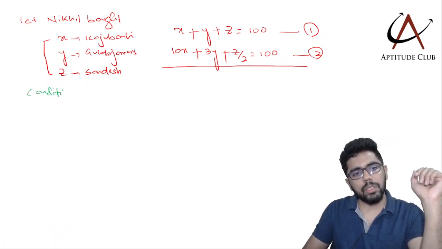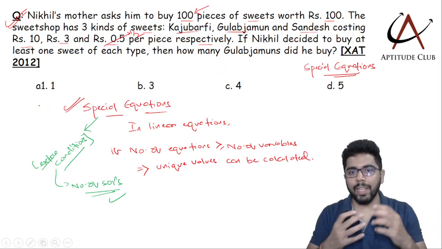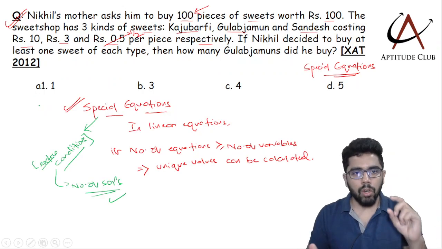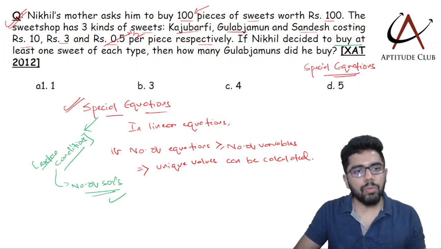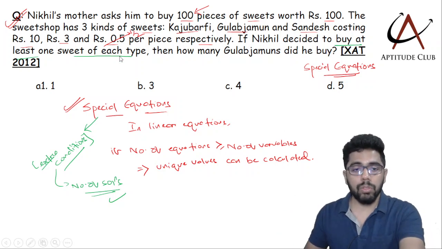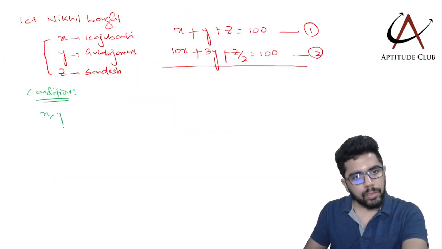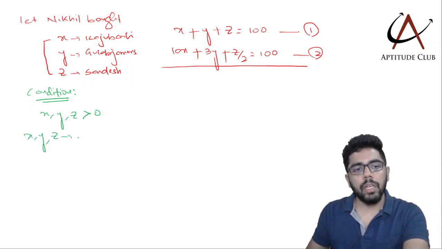So what is the condition that is given apart from the equations? Now that condition is not explicitly written in the question, although we have one condition here that he decided to buy at least one sweet of each type. That means x, y and z are not equal to 0. I can say definitely greater than 0. I can also conclude that x, y and z are necessarily positive integers,